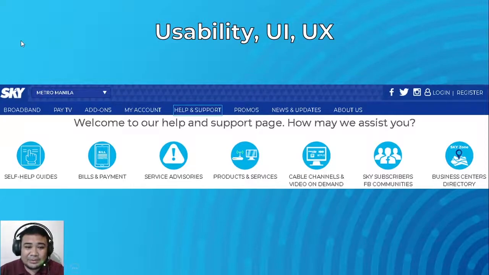Example lamang ito. Ang pinaka pino-point out dito is yung kapag bumisita yung ating customers is yung mga services na pinoprovide mo rito under the help and support ay error-free ba? So, maaaring pag bumisita sila dyan ay mag-expect sila na matutulungan sila. So, dapat working lahat ang ating mga services na nilagay online.